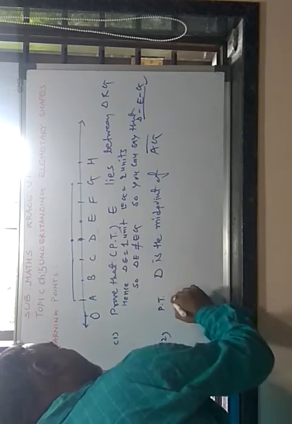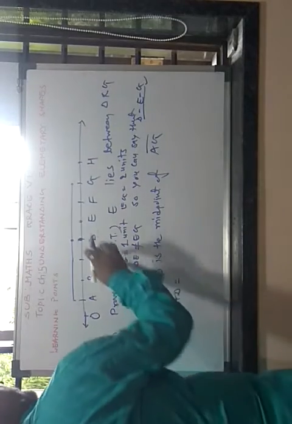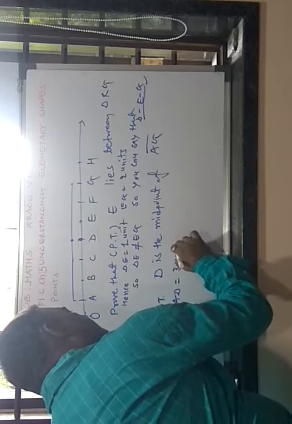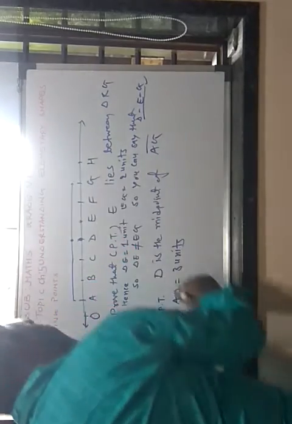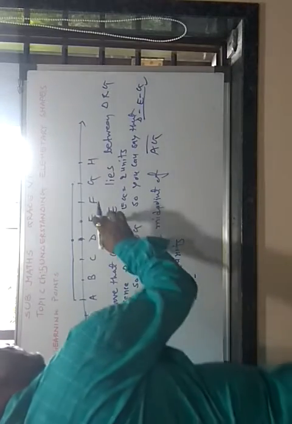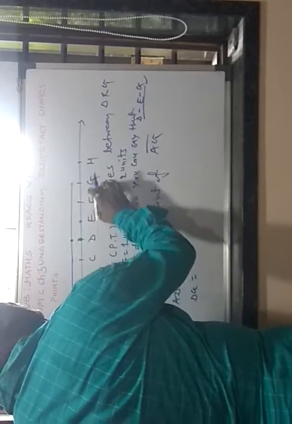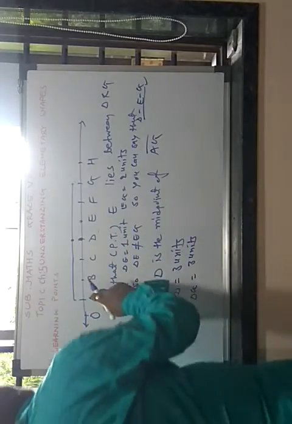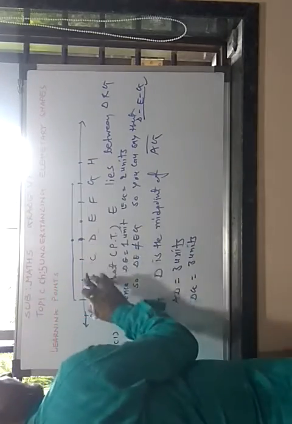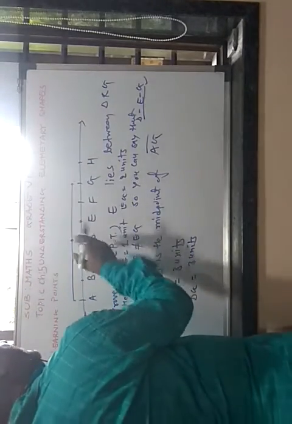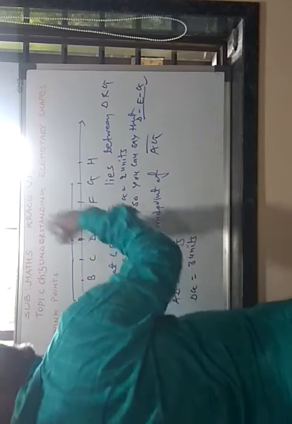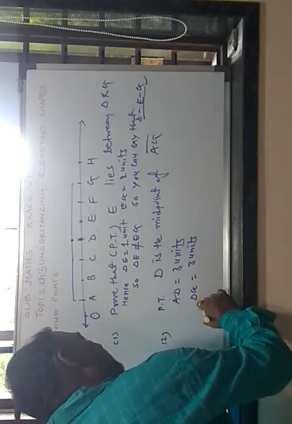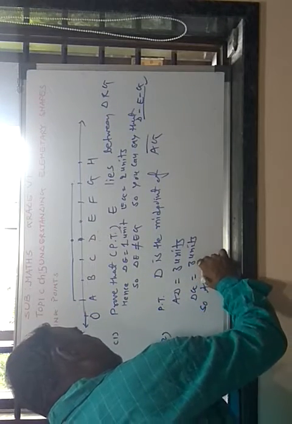For that solution, here AD is equal to 1, 2 and 3 units. What is DG? DG is equal to 1, 2 and 3. It is also 3 units. Right? A and G, they are separate from 3 unit distance on the left side and 3 unit distance on the right side of the point P. So AD is equal to DG,